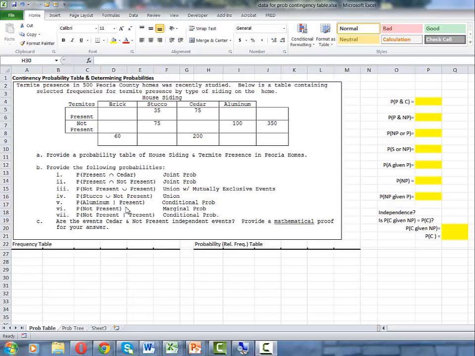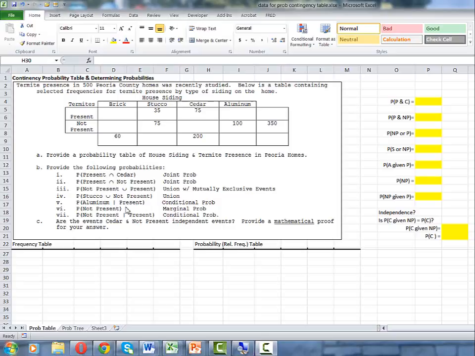This video deals with finding probabilities from a contingency probability table and from a probability tree. These are from your lecture notes 6 and chapter 4 from the textbook. What we have here is a problem where